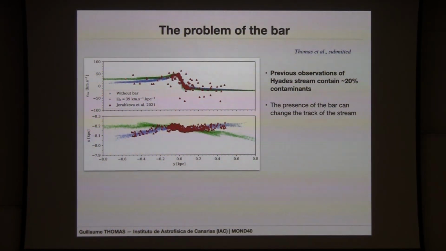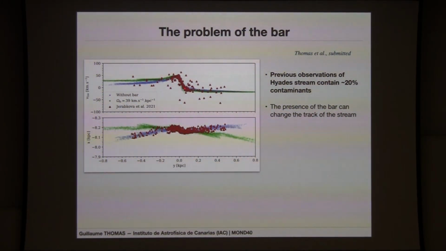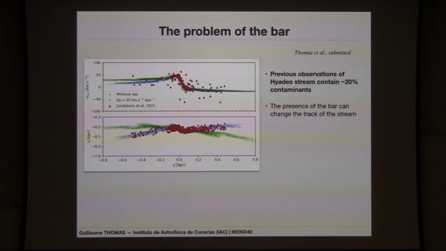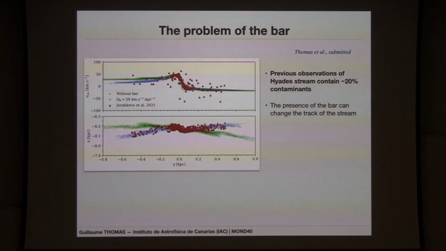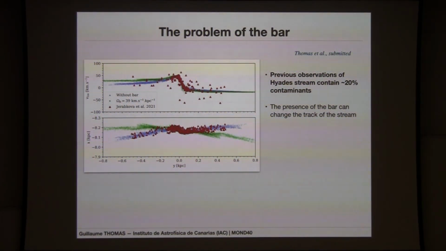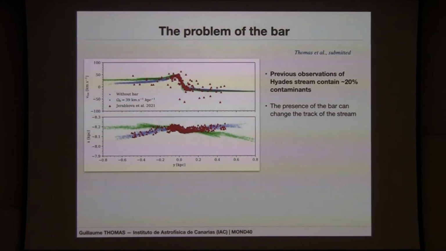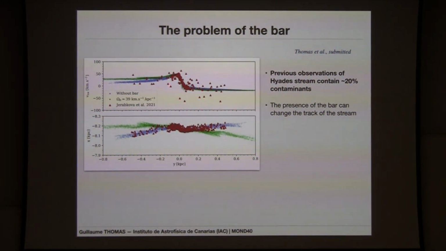And naively you would expect that they'll follow here one of the two lines, either the blue or the green line, really well like this. And you can see that a lot of stars are actually completely outside, at several tens of kilometers per second of difference compared to what you would expect. So actually in that selection you have a lot of them that are contaminants, and especially in the trailing arm, you see that the stars here start to be contaminated really quickly, I think sooner than in the leading arm, which might also explain a part of these distributions.